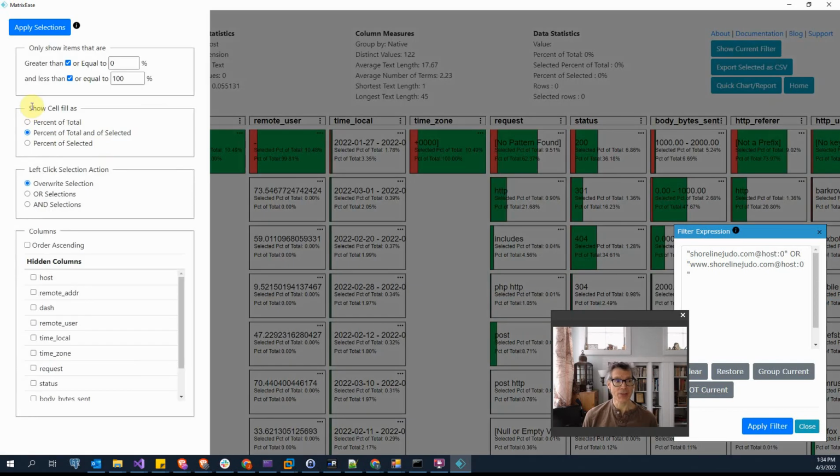Just click the selections. The selections have a couple areas. The top area, I can basically filter the data by selected percent. So I can say greater than or equal to percentage or less than or equal to a selected percent. I can also show the cell fills as different things, as just a percentage of total and selected, the default,